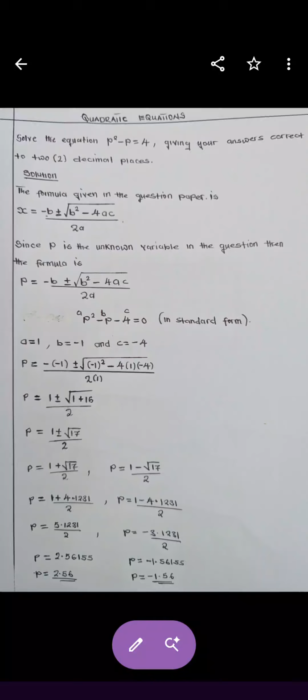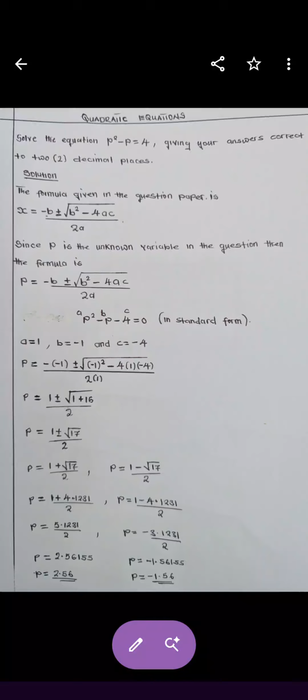We'll start with the plus sign. So we're going to say 1 plus the square root of 17, everything divided by 2. Don't forget to divide by 2. Then the second one, we're going to subtract the two numbers on top. So we're going to say p is equal to 1 minus the square root of 17. Okay? From there,